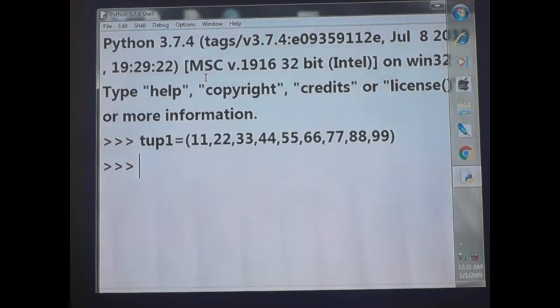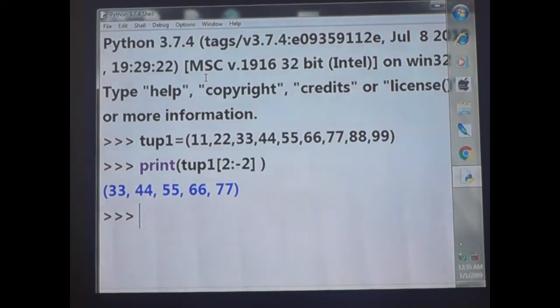You just listen. If I give print TUP1 square bracket, here 2 is to minus 2. Okay, now tell me what is the output. The output is this. How?